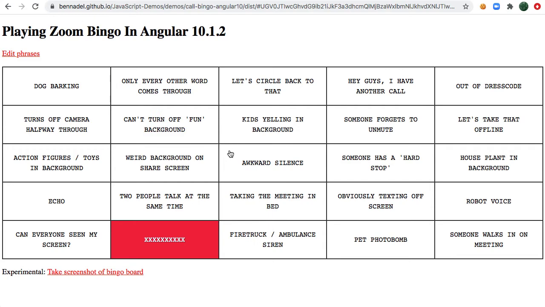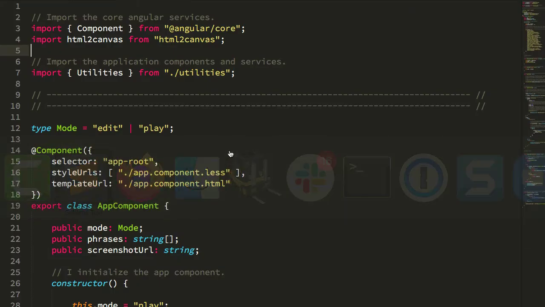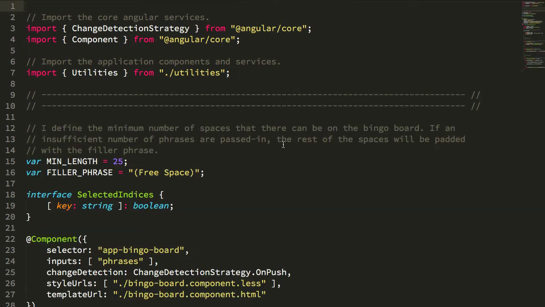Okay, so let's take a look at how this works under the hood. I tried to keep it simple, but still sufficiently interesting. Now that we understand what we're seeing, let's look at the code, but let's look at it from the bottom up. So rather than looking at the overall app, let's look at the parts. And the first one I want to look at is the